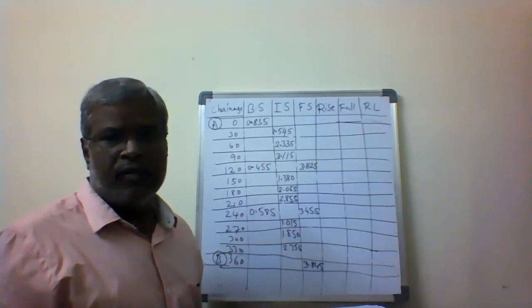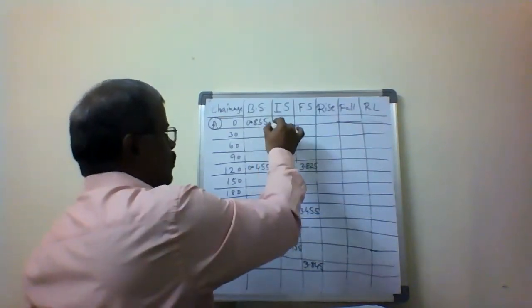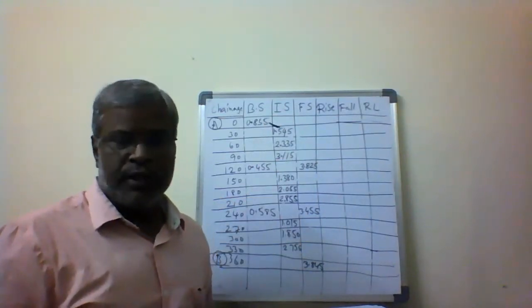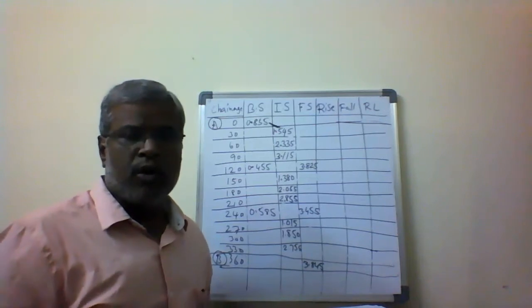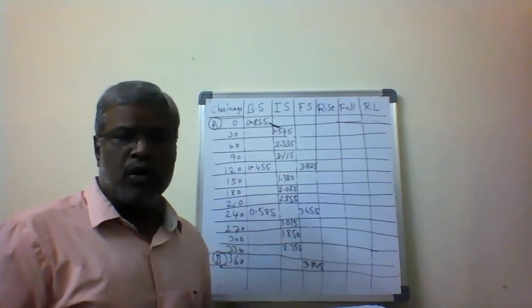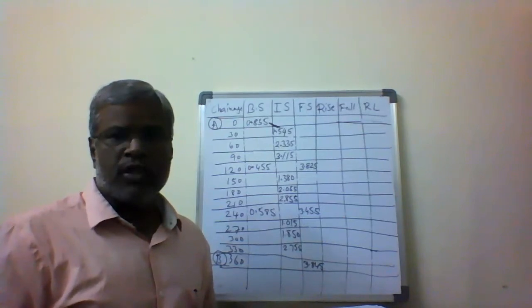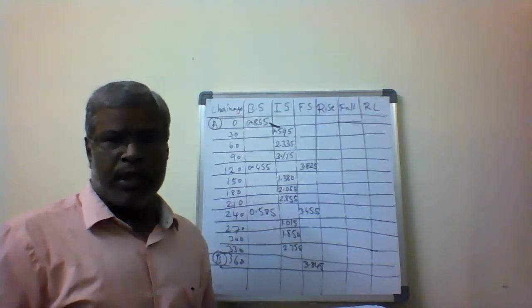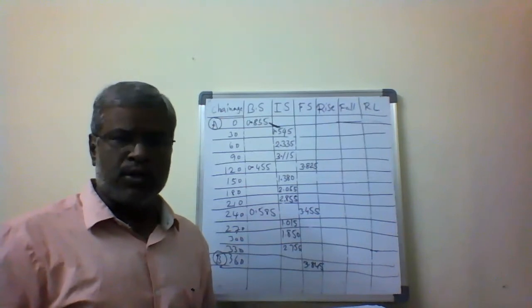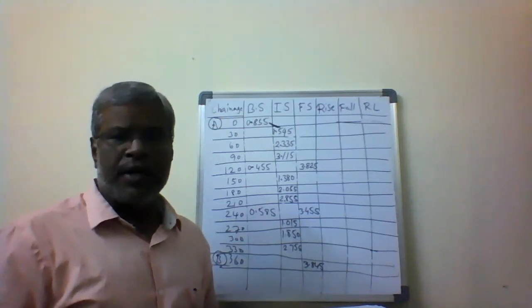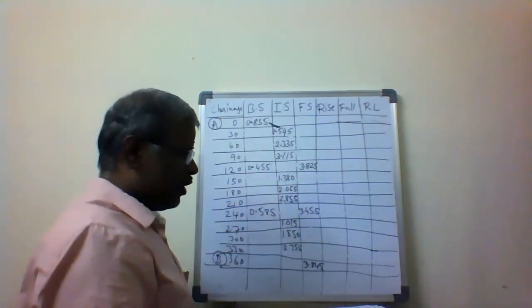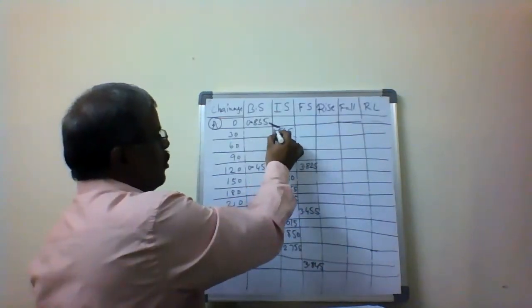Now from this, I'm going to be using the rise and fall method to calculate the elevations of the points. The rise and fall method always compares the difference of consecutive readings. If you get a positive value, it comes under the rise. If the difference is a negative value, it comes as the fall. So the rise is the positive one and the fall is the negative one. The fall is subtracted from the reduced level and the rise is added to the reduced level or elevation of the point. Now the first point is 0.855 minus 1.545.